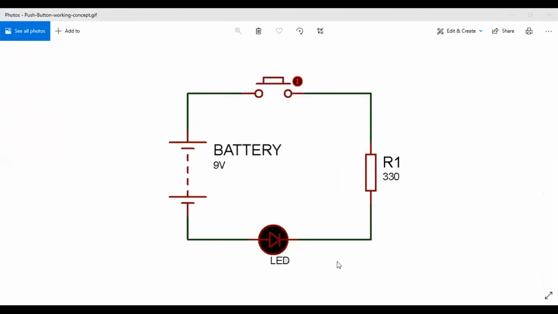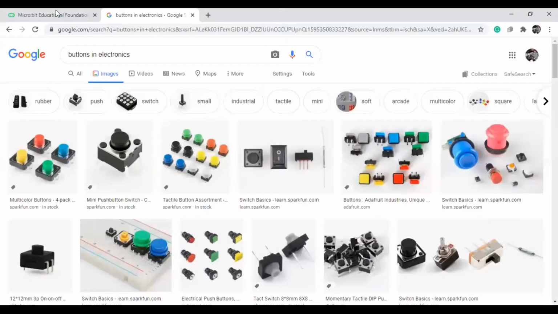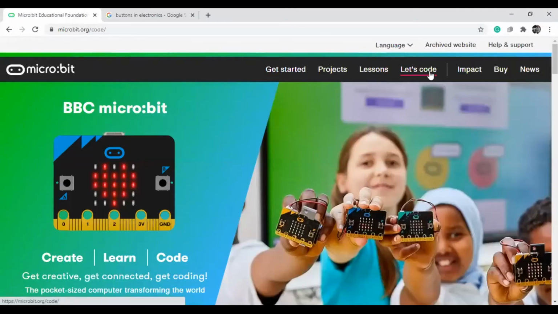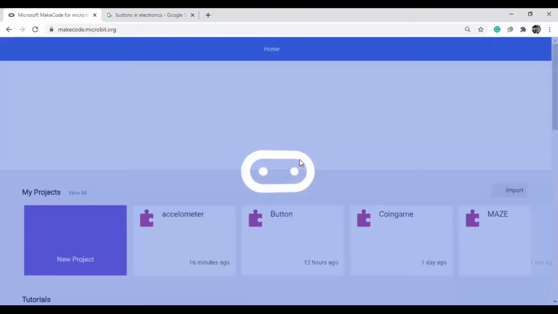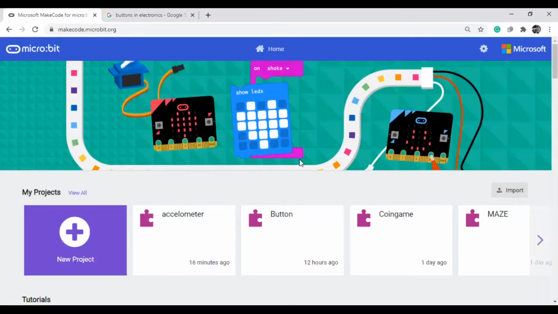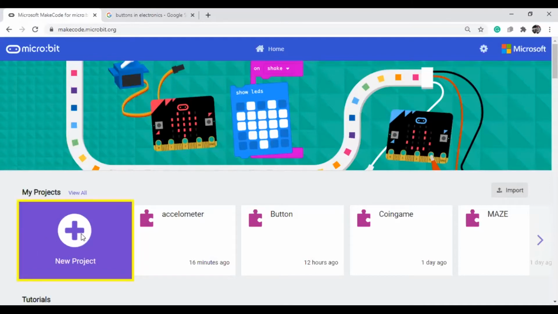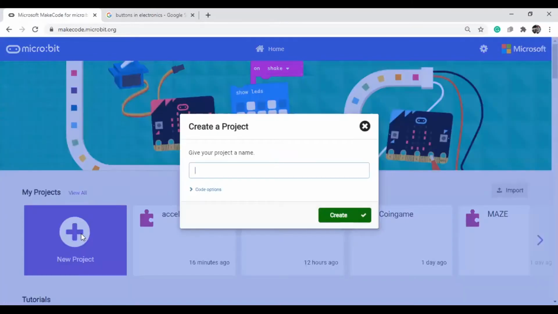Here I'm going to our micro:bit programming. You should remember we have three buttons on the micro:bit: the A button, the B button, and one more button on the back side, which is the reset button. We can't see that one. But in this class, I will explain how to use the two buttons.